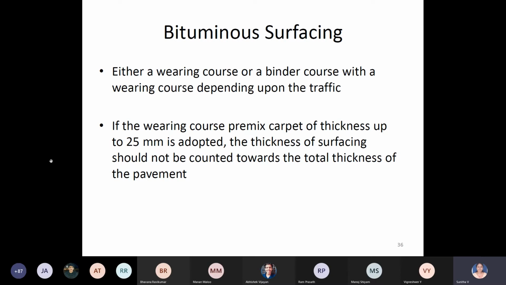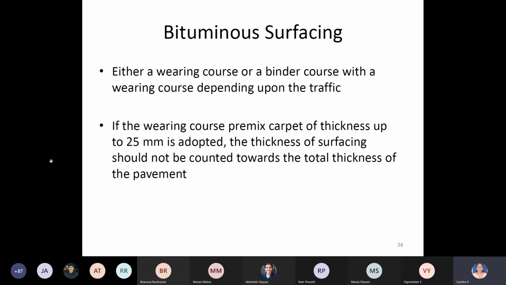So a bituminous surface can be either a wearing course or a binder course. That depends on the traffic. The other point, which is important for designs: if you are providing a wearing course like premix carpet, which is a type of wearing course, and the thickness you are adopting is 25